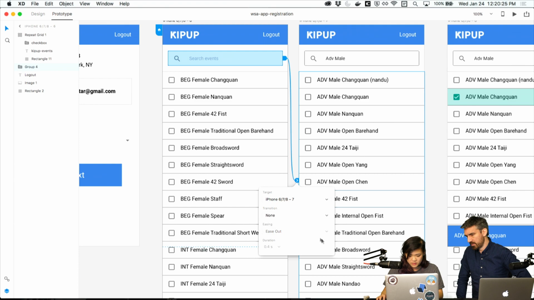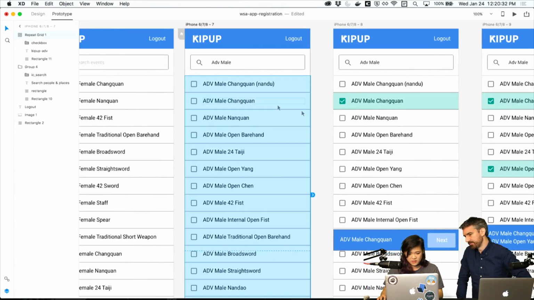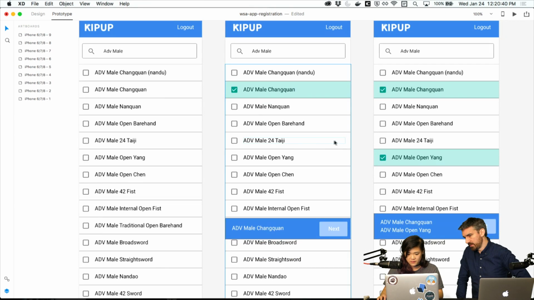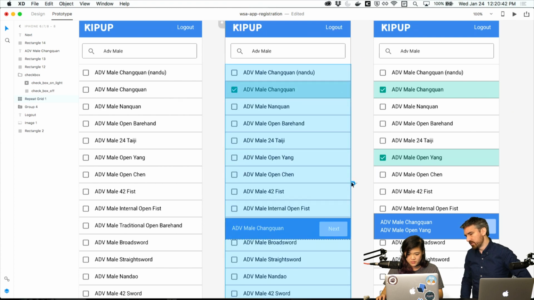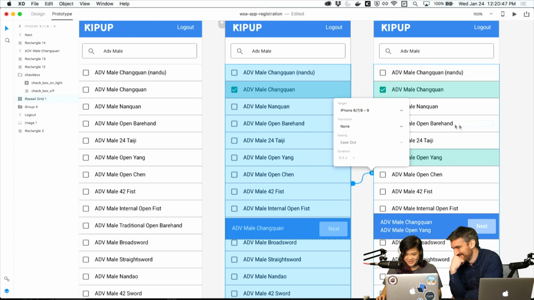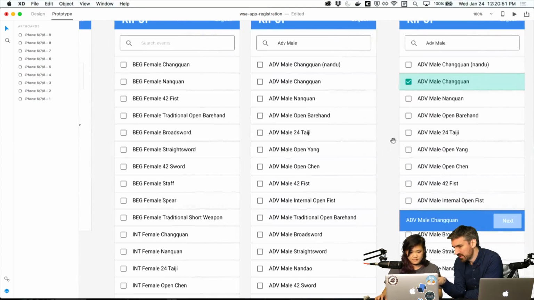Typing, probably want no animation, and then maybe the entire list. Oh yeah, that's a good point. So selecting that list, you go to the screen, and then from here, if you select another one, maybe you can ask the user to select another one. Yeah, you're right. Cool. Okay, so if you go back to the first screen here,